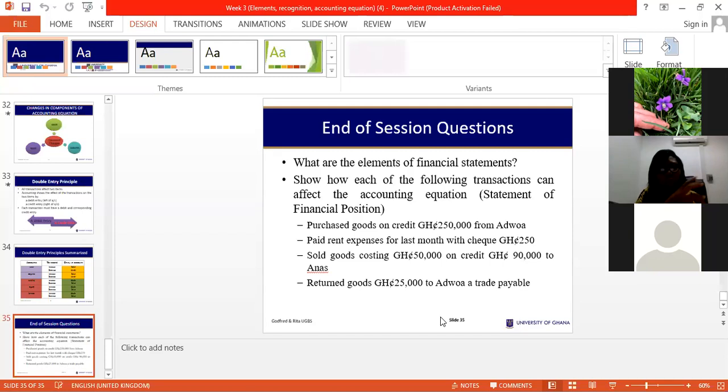And we say that anytime there is an increase in assets, you do what? You debit your accounts. So debit your purchases account. On the other hand, Ajua is a third party and we are yet to pay. So we capture Ajua as what? A liability. And we haven't paid, so there's an increase in liability. And so if we open Ajua's account, we would also credit liability in the name of Ajua.